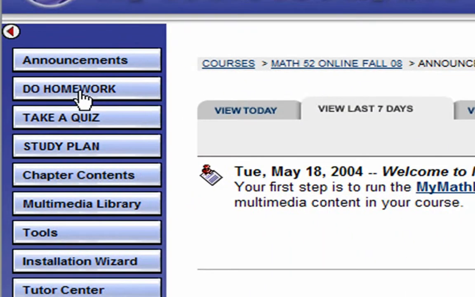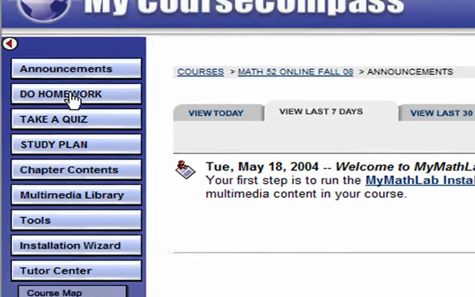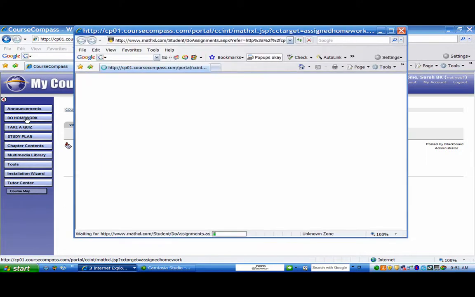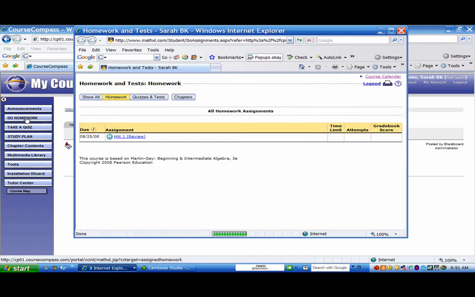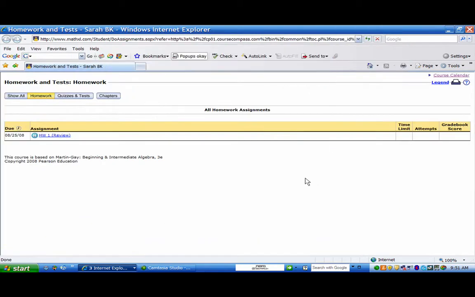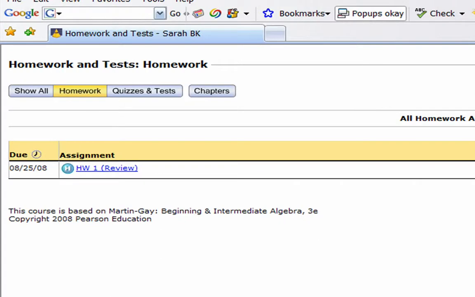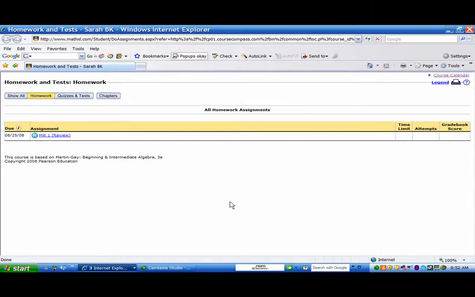For example, when we click on Do Homework, this is going to take us to something called MathXL, which is part of MyMathLab, which is part of Course Compass. So here is a page where all of your homework assignments will be listed. So far, there's only one homework assignment available to you, and this is your first week's homework, Homework 1,